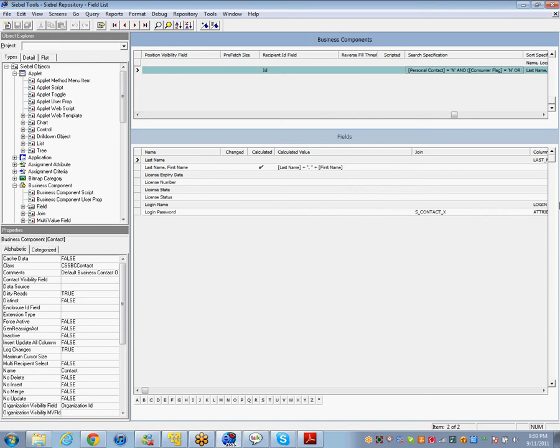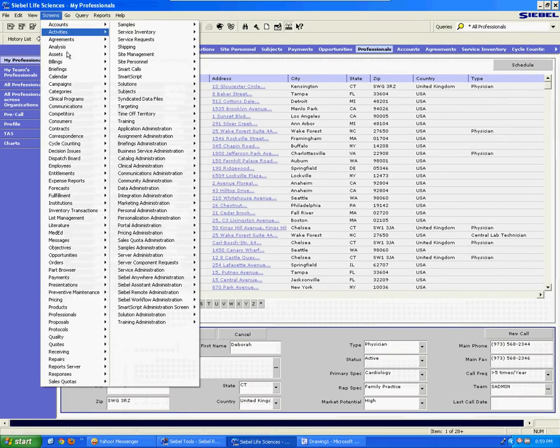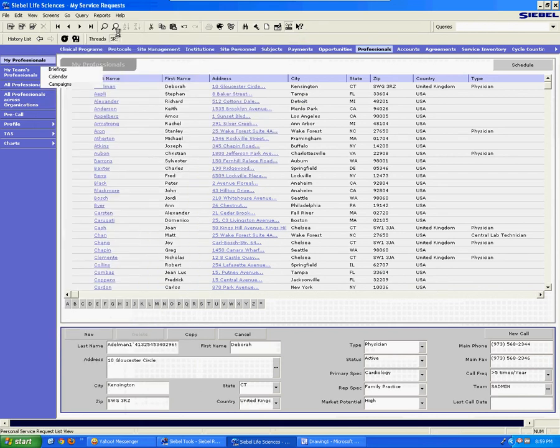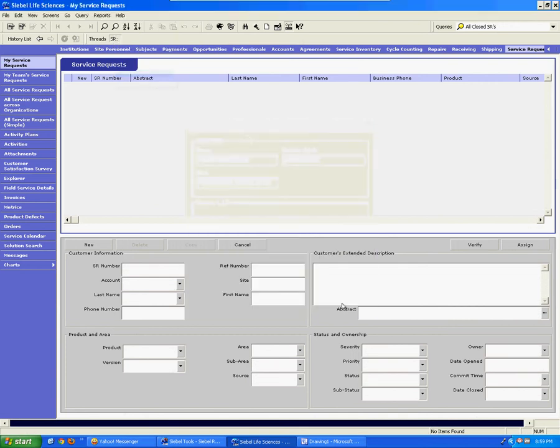Out of the box, Siebel has the service request screen. We know about this screen, and as you know, it is mapped to the service request business component. If I want to make another screen with projects, the applets will be projects and the projects entry applet, and the project entry applet will be mapped to the BC called project. The interesting point is they both will be storing the data in the same table.